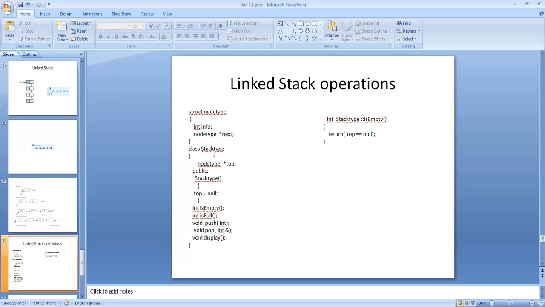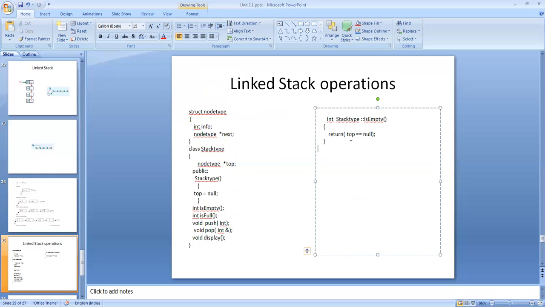Various operations to be performed in the linked stack are checking whether the stack is empty or not, checking whether the stack is full or not, pushing a value into the stack, removing a value from the stack, and displaying the contents of the stack. In the last class, we implemented isEmpty.